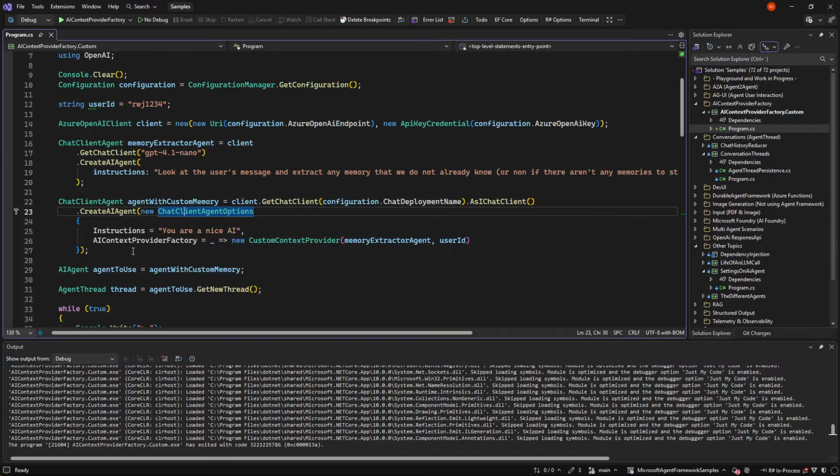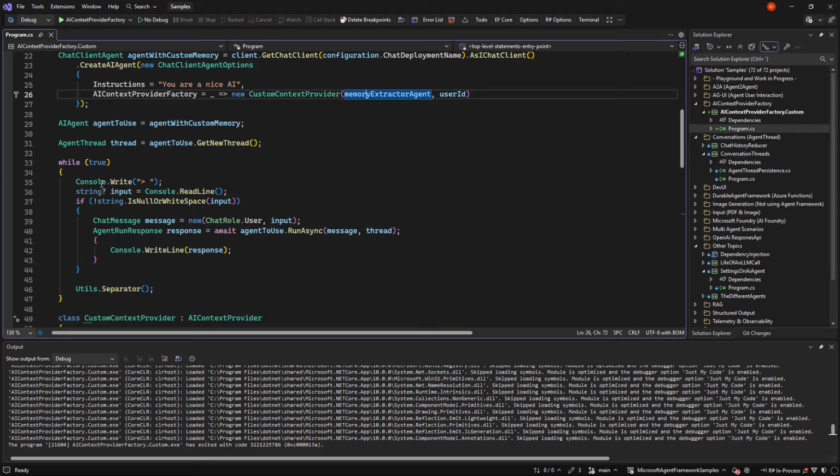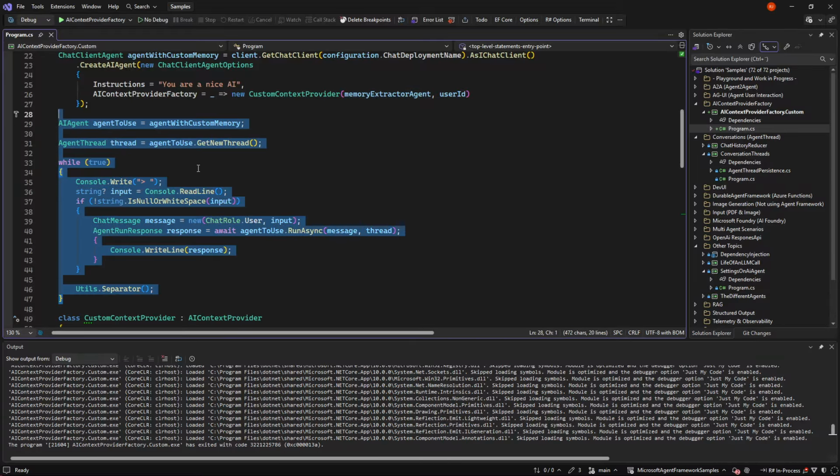If we give one of these, we can make one ourselves, where we give the memory extract agent and the user for it. Before we look at that, we just see that else we do a normal thread and just ask the user again. So we're not saving anything in the normal code.